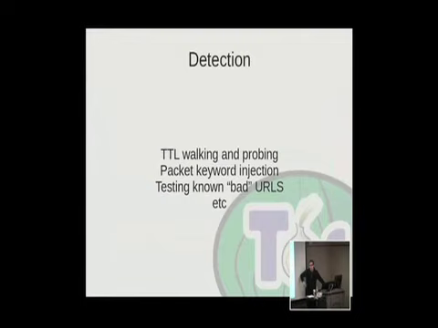And then it turns out the answer is that you can do a thing that I've called TTL walking. And I'm going to write a paper about this with Yuda, because now that I have a job there, I guess I'm supposed to write papers. But basically, the idea is to walk from each hop on the network. So you say, I want to make a TCP request, and you send a SYN, but you set the TTL to be 1. Does it get blocked? Do you get a response? You continue that, so n+1, and you continue all the way through.